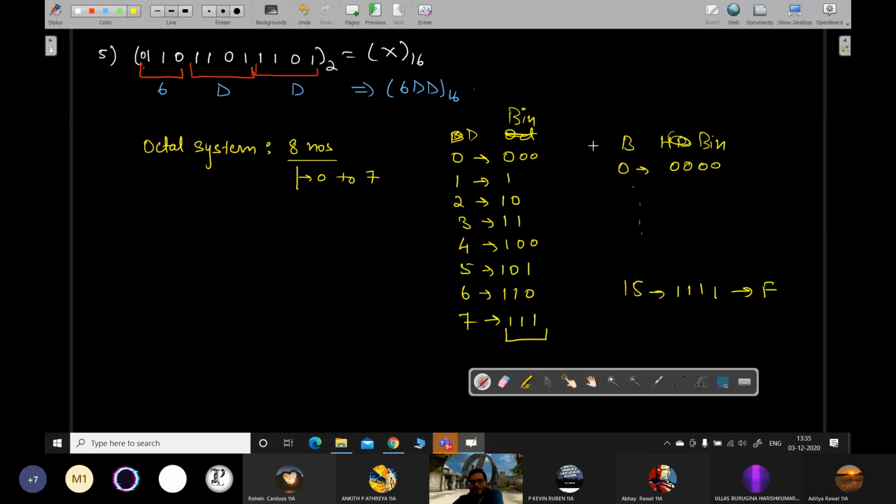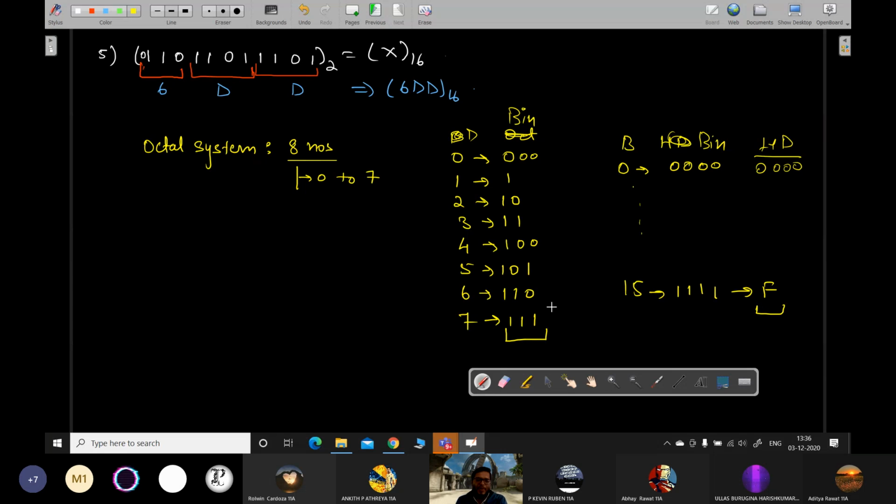Okay, in binary that will be your 4 times 1, which will correspond to hexadecimal 15, which is F. 15 से बड़ा नंबर तो कोई है नहीं. So therefore if you form groups of 4 in the binary number system, starting from the least hexadecimal number to the maximum hexadecimal number, you will get everything. So इसीलिए इसका जो मैक्सिमम हेक्साडेसिमल डिजिट होगा, that is F, will be equivalent to 4 times 1, and that is the maximum number possible in the groups of 4.